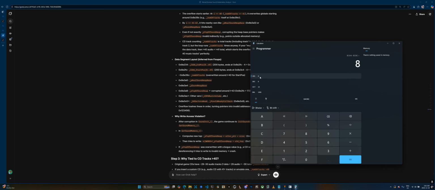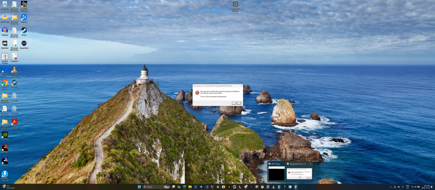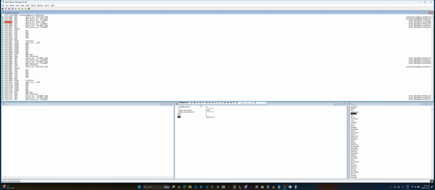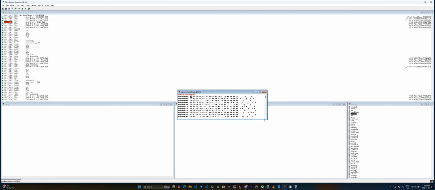It's 8 bytes. So it should be 8 bytes before 4BC 6C8. I mean, that's just, yeah, 4BC 6C0. So if I go into Wacom Debugger and I check the memory, I just go up 1,